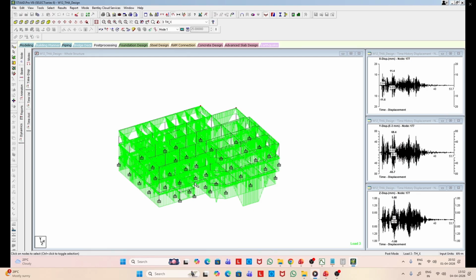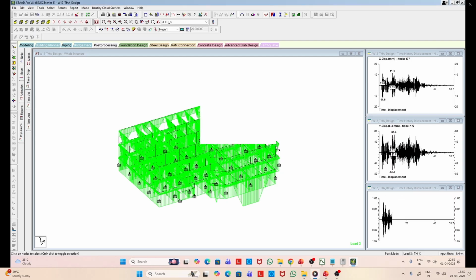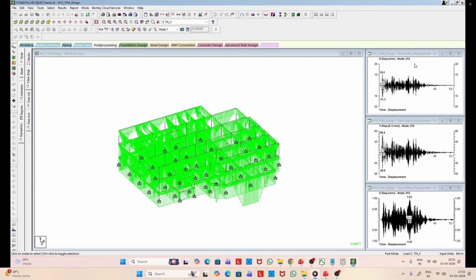So likewise, you can select all the nodes and see the displacement. So from these displacements, you can also find out interstory drift that is required for your design. So all this you can save in data file.